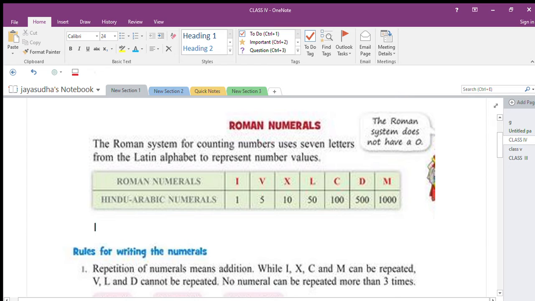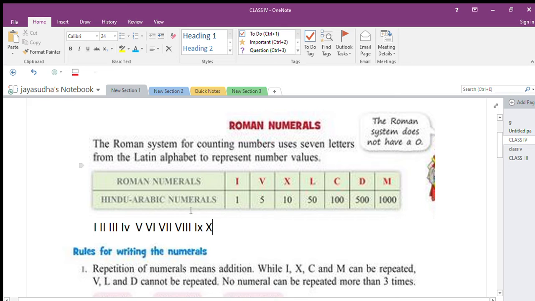Listen. How do you write the Roman number 1? 2. Then how do you write 3? 3 ones, right? 4. Then 5, then 6, 7, 8, 9, 10. This you already know very well, how to write the Roman numbers 1 to 10. Now move on and listen. After 10, how do you write? You want to learn this year.